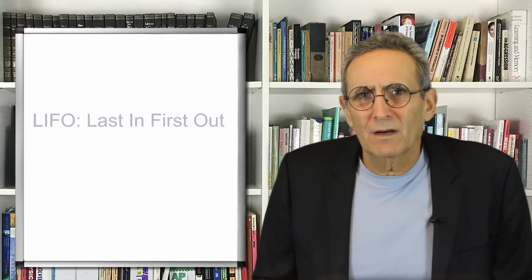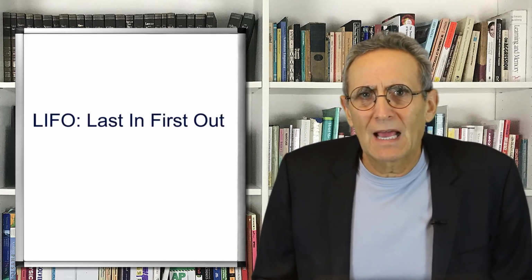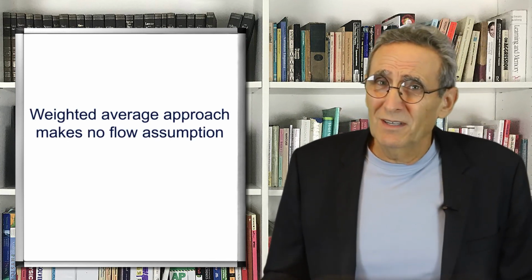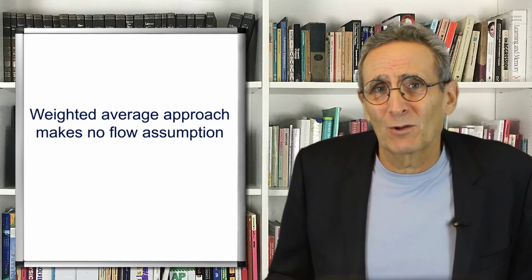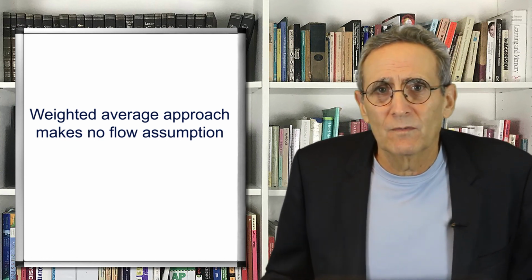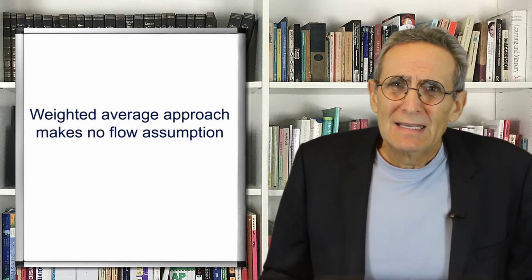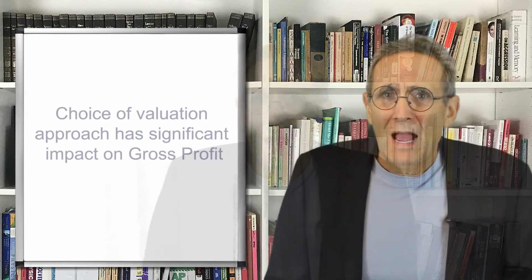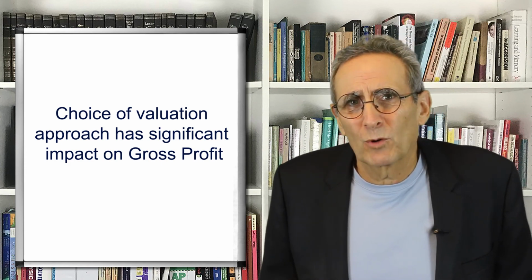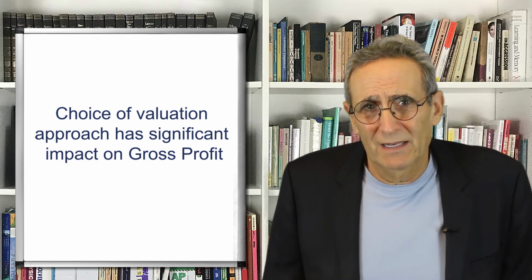An alternative assumption is called LIFO, standing for last in, first out. Under this flow assumption, ending inventory is associated with the oldest purchase prices. Alternatively, Janus might avoid making any flow assumptions by simply using a weighted average cost of deliveries to value ending inventory. You may think the choice of flow assumptions in assigning cost to ending inventory is a relatively minor matter. However, the choice of inventory flow assumptions can dramatically affect reported cost of goods sold, gross profit, and net income.